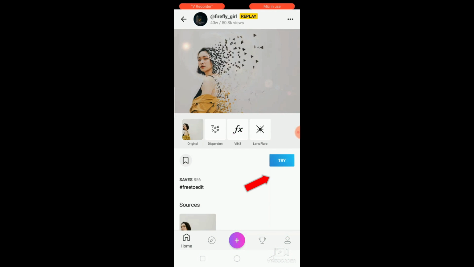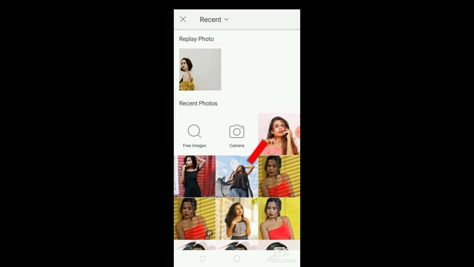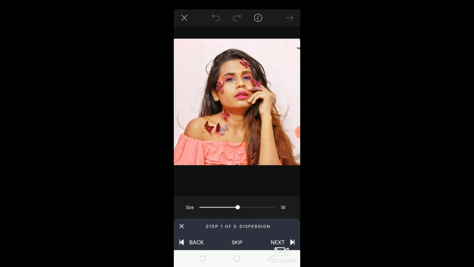Again, load the image. So I'm going to edit this picture right here, then I'm going to select the size of the dispersion effect and then outline the corners where I want my dispersion effect to be effective from. So this is how I outline the stuff,